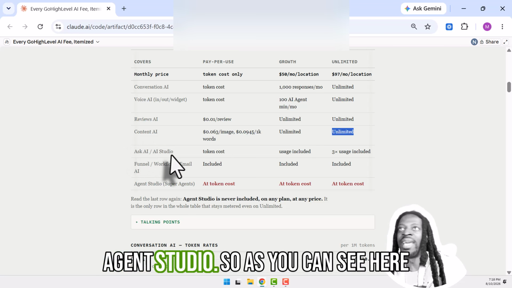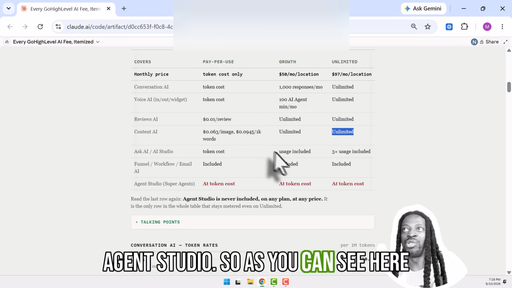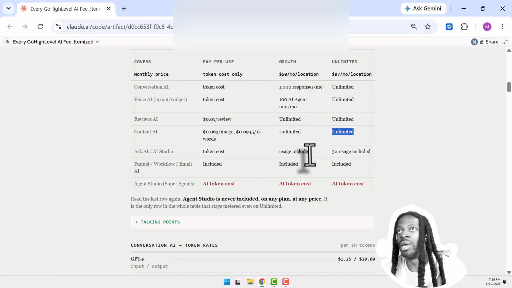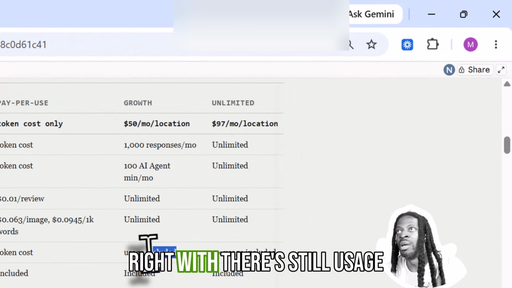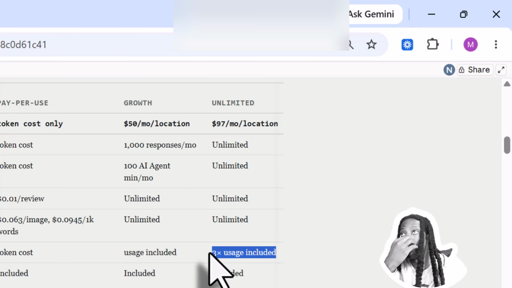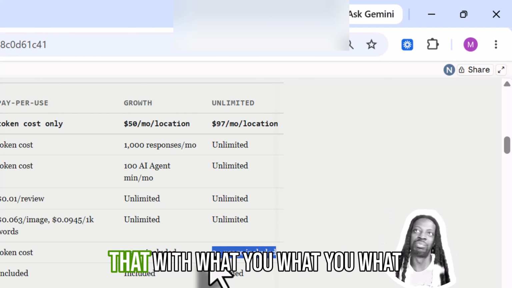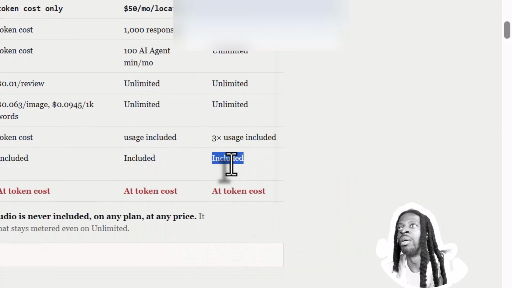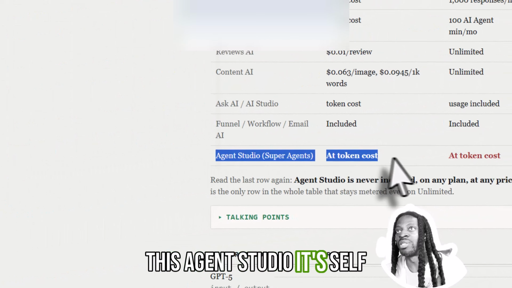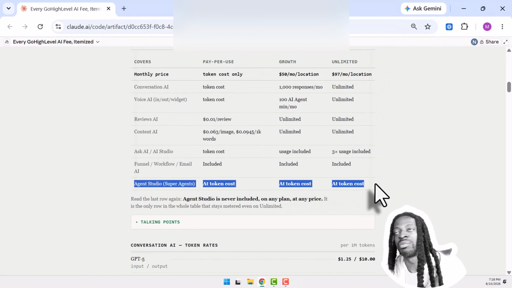Ask AI in Agent Studio. So as you can see here, it's included, right? But there's still usage included. It's included, but it's not unlimited. So take that as you may. These are included. Okay, great. And this Agent Studio itself, super agents,